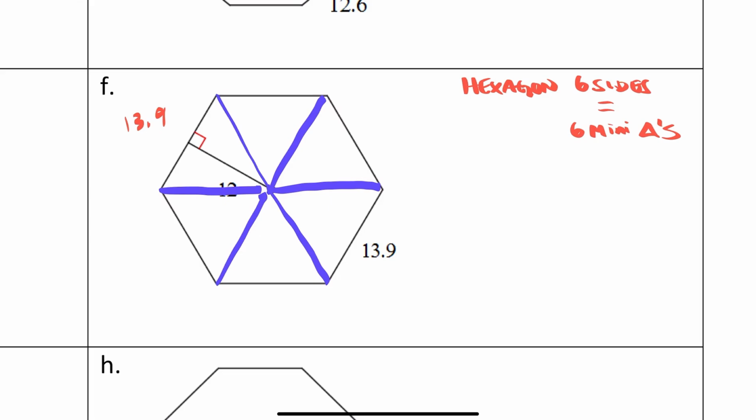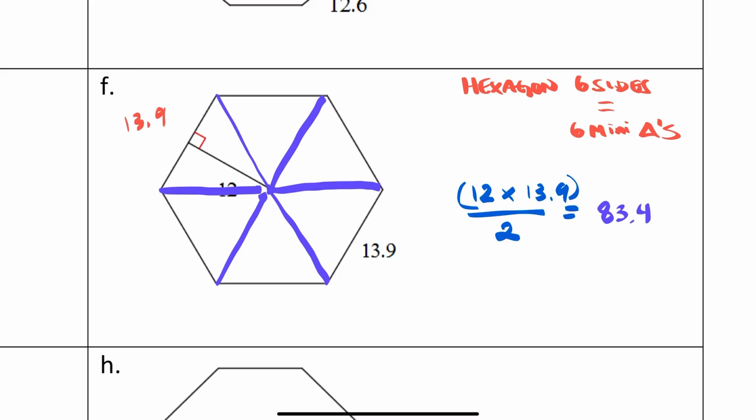So I got my apothem of 12 times the side length, or the base, 13.9. I'm going to divide that all by 2. I'll do that on my calculator: 12 times 13.9 divided by 2. I'll round to the tenths place. So it looks like one mini triangle is worth